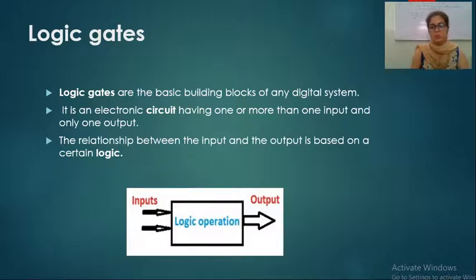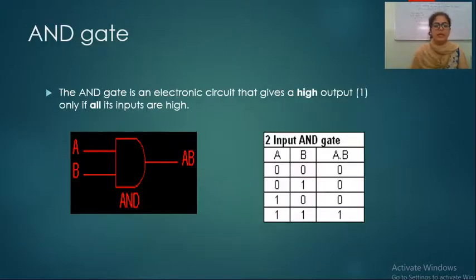Whenever we see many of the practical devices that we see in physics as well as in CS, we can make these devices by making use of different types of logics. So we have different categories of gates in this topic. We have to study all these basic gates, what the names of the gates are and what the function of every gate is. Let's start with the very first gate, the AND gate.